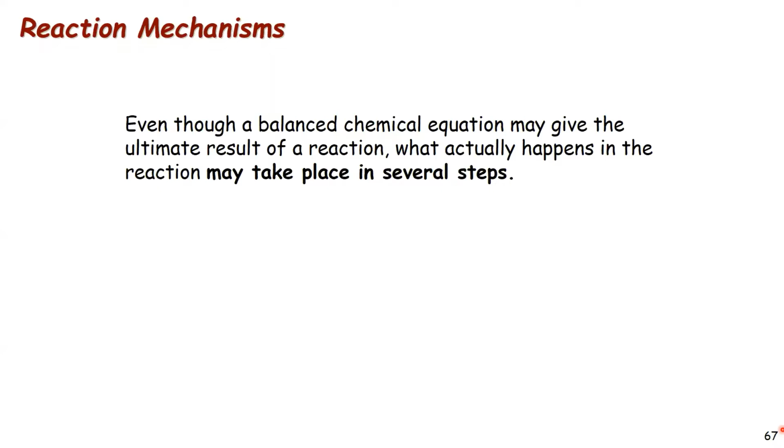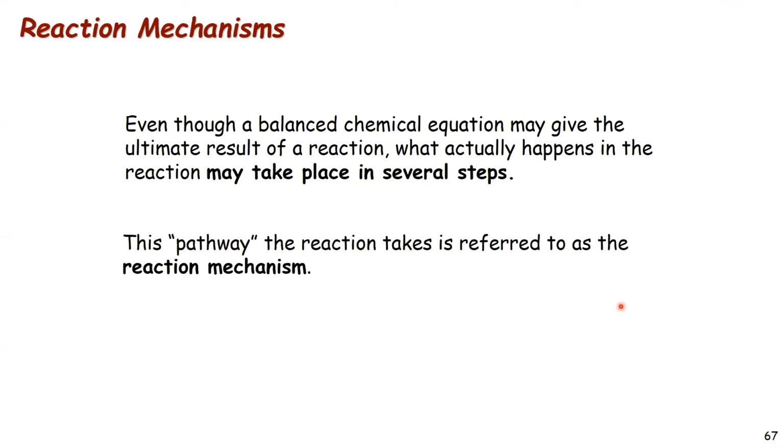Okay, let's get back into the lecture slides. We were talking about reaction mechanisms. So we said that, generally when we see a chemical reaction, a chemical equation, we think of that as happening in a single step. But the reality is no, there's a whole bunch of individual chemical reactions going on at the molecular level that give us the overall reaction that we're looking at. And we call that basically a reaction mechanism,